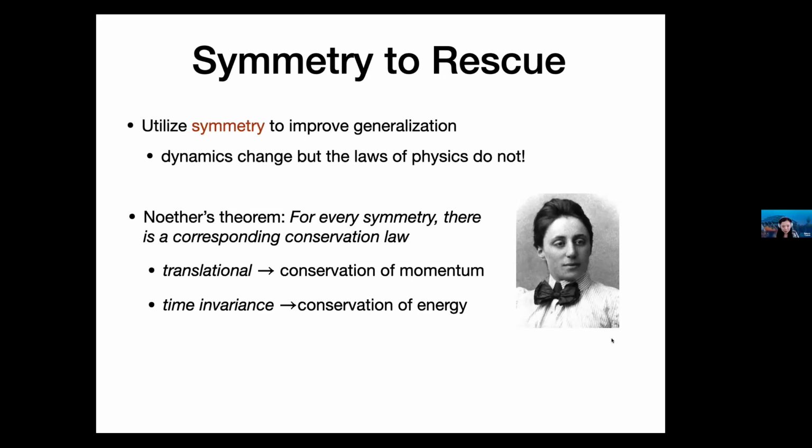Another way of thinking about using symmetry in deep learning is that it is a type of inductive bias or domain knowledge that we use to constrain the machine learning models. In this way, we can also reduce the sample complexity of learning, so that the model, which contains the domain knowledge, only requires a few data points to learn. That's the high level idea. Next I'm going to give two examples of how we construct equivariant neural networks, or symmetry-encoded deep learning, to improve generalization in learning dynamics.